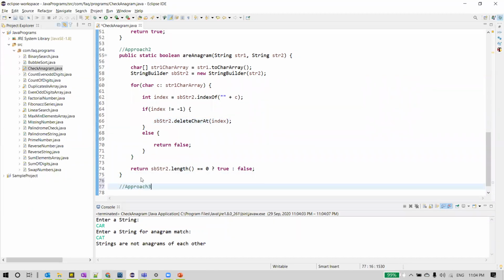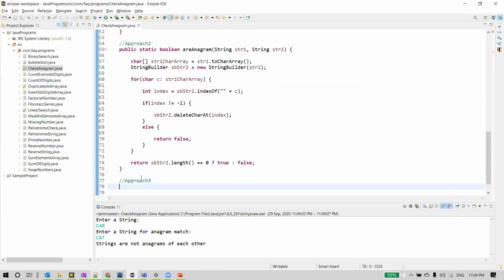We'll just be using the string methods again, array methods. So you can see it here. What we are going to do in the third approach is, let me say this as some anagram check.